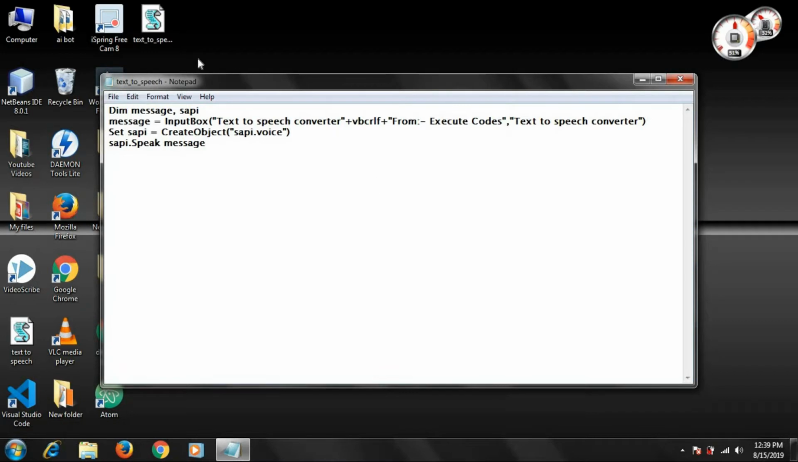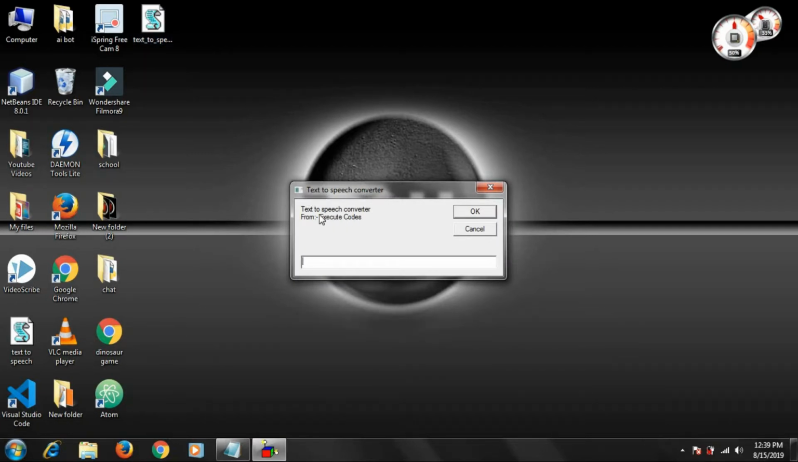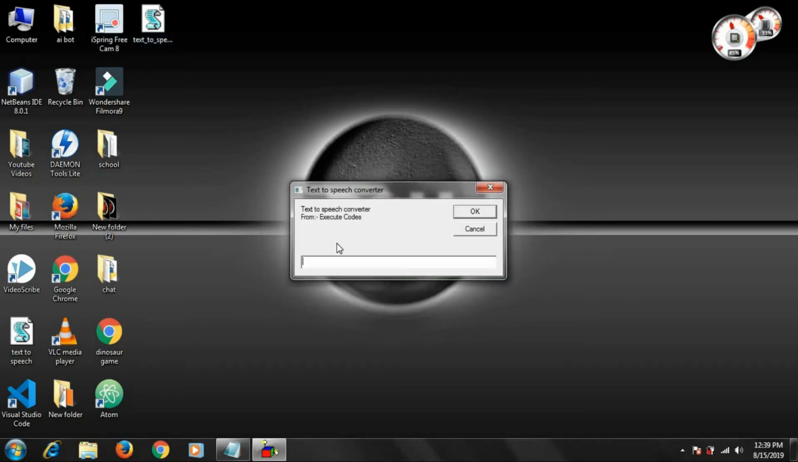As you can see, a file has been created here, text to speech. Now let's run this file. You will see the text to speech converter, this is the title, this is a simple text, and from Execute Codes, here we have written vbcrlf. This is about the two buttons, OK and Cancel. An error will come, so I will not fix that yet, but you can just run it. So we'll run now, and you can type anything here, like thanks for watching the video, hope you